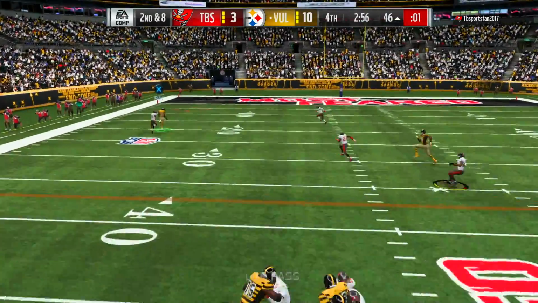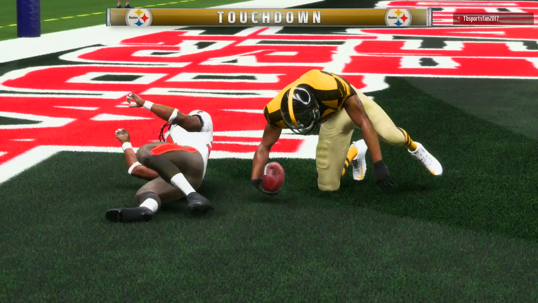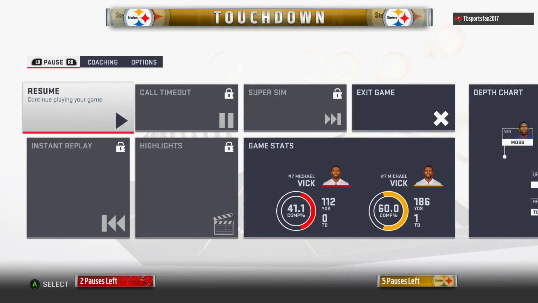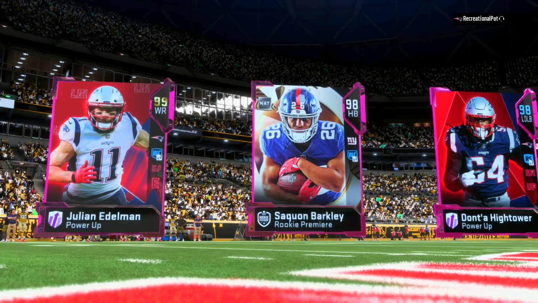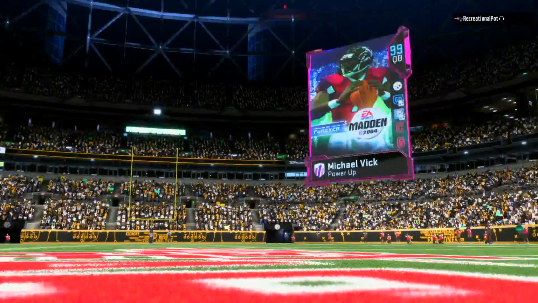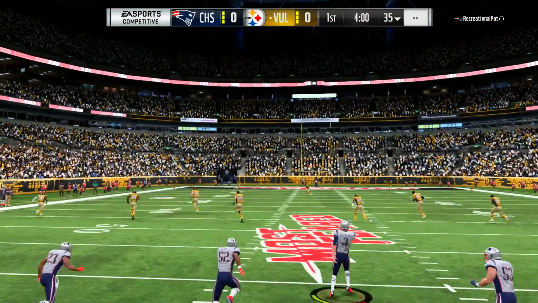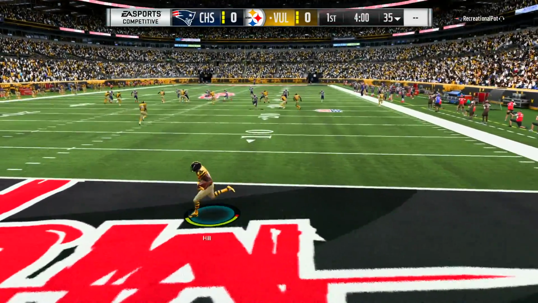Now second down and 8, one-on-one. Randy Moss has a step, and Moss caught it. Touchdown. That'll make it a 16-3 game. You never get ahead of yourself, because you never know what will happen with a PAT, because your opponent can rage quit at any given time, and there my opponent did indeed rage quit, as we now go into a game